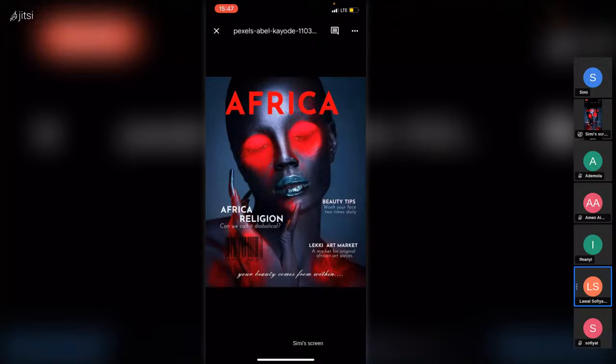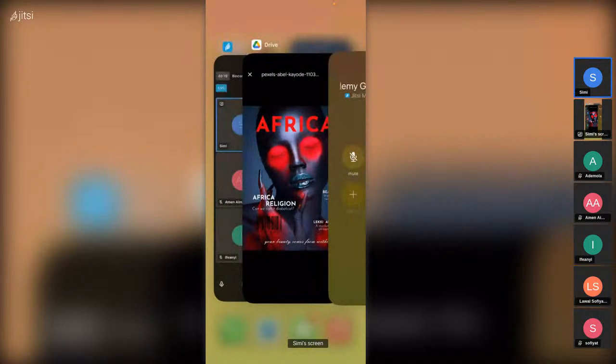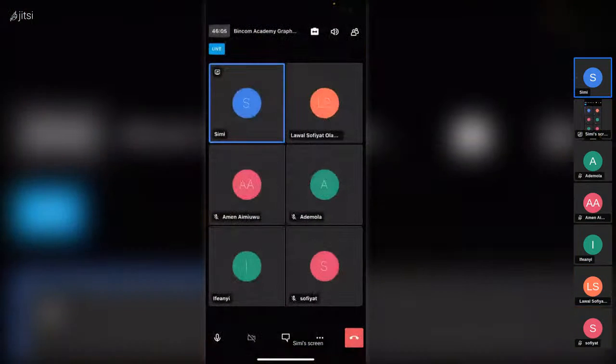Well done. Just make some corrections to this, because what we are even more focusing on is your image with this red in the eye. If I can go back to your write up and start looking at it, let your write up be a little bit bolder so that we can see it very well. Did you get that? Okay, ma. Alright. Okay, no problem.